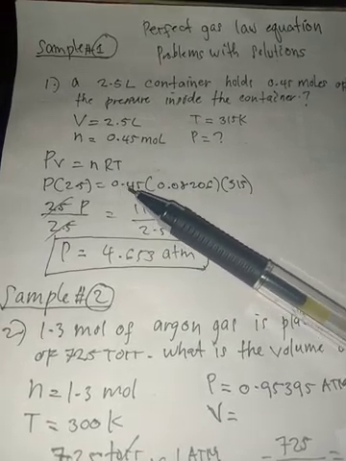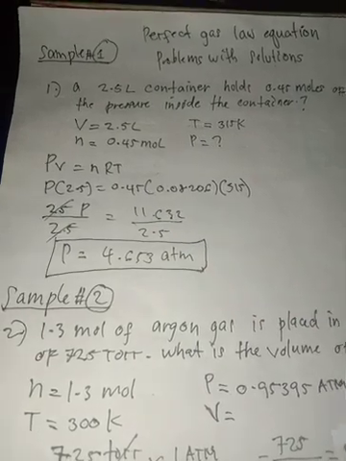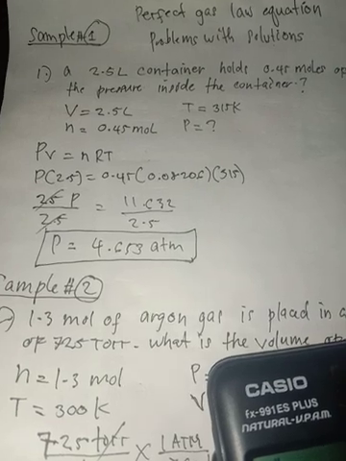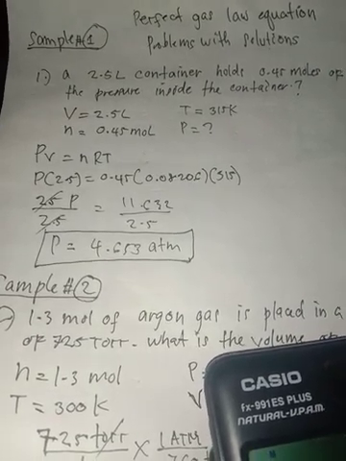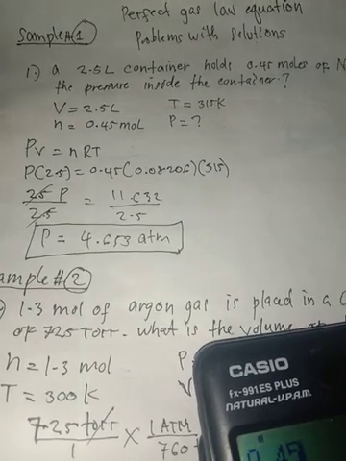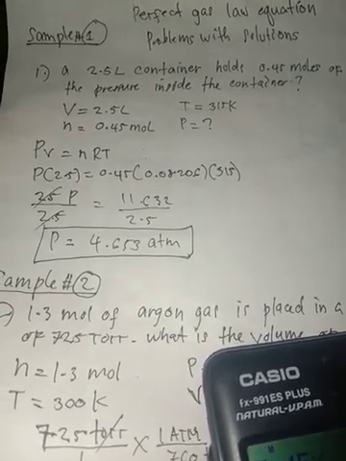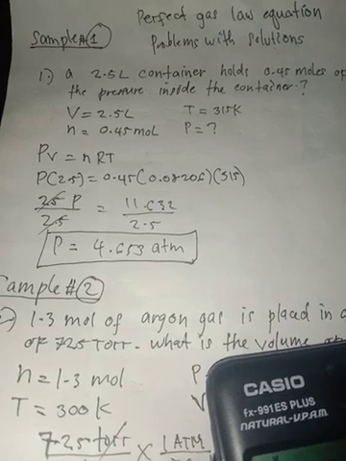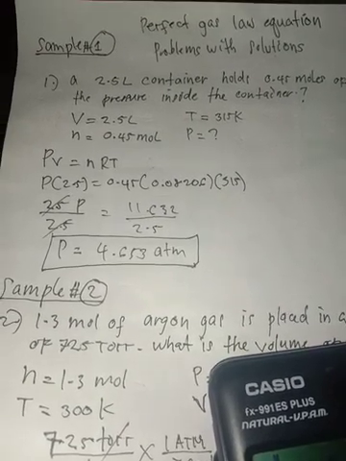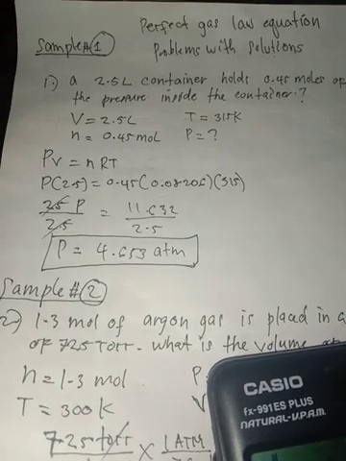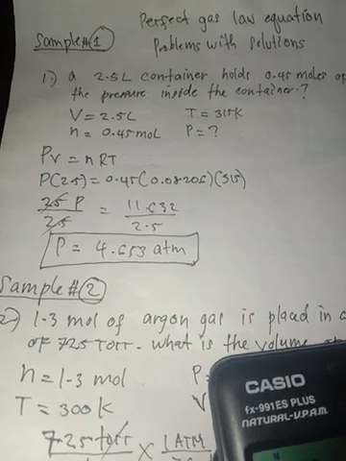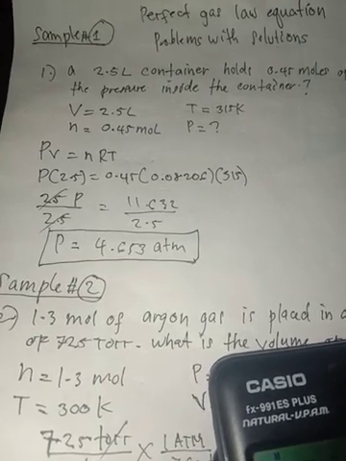So 0.45, we are going to use our calculator. 0.45 times 0.08206 times 315 equals